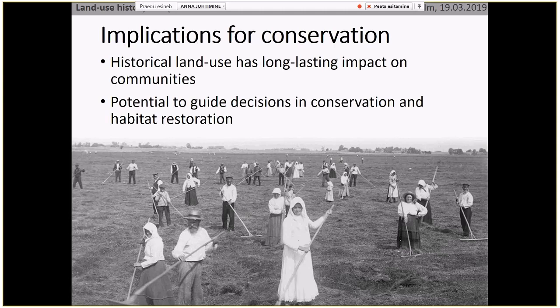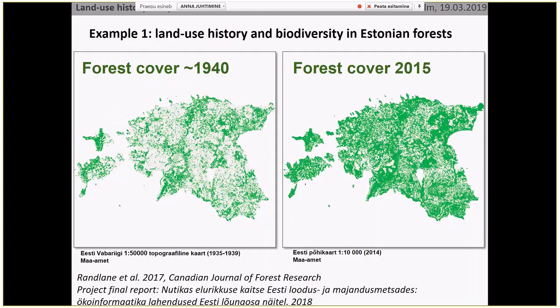So, in more detail, the possible implications for conservation. As historical land use indeed has a very long-lasting impact on habitats and biodiversity, it also has very high potential to guide decisions that we make in conservation or habitat restoration. Here are a few examples that I compiled in order to illustrate this. The first one comes from Estonian forests, and how the knowledge of land use history can potentially help us make better decisions in